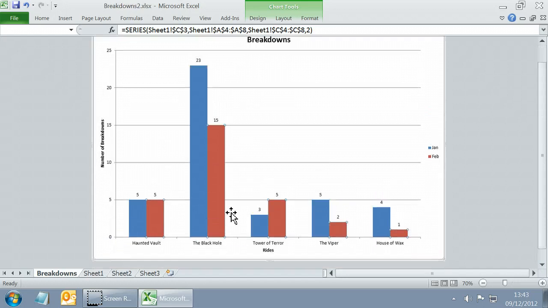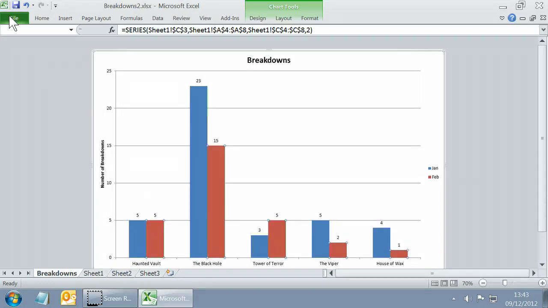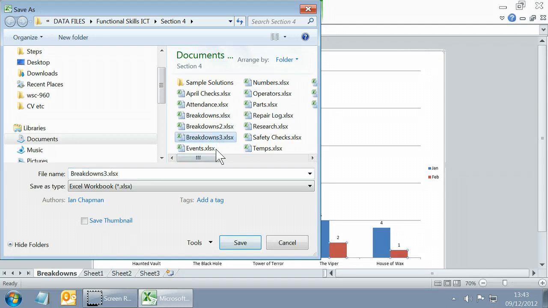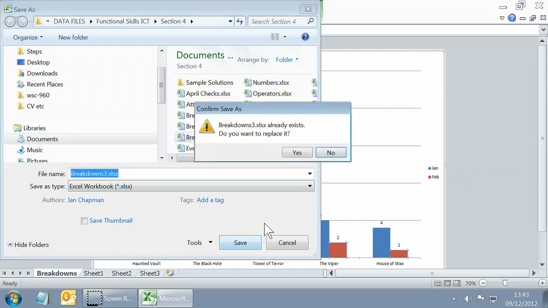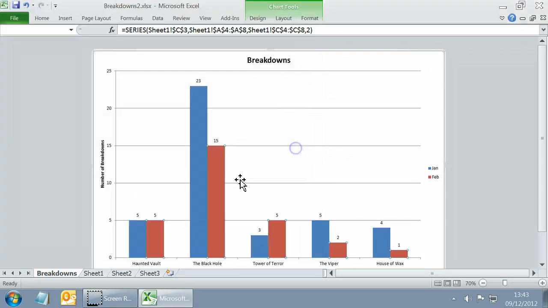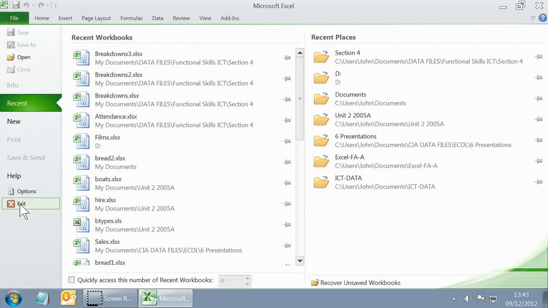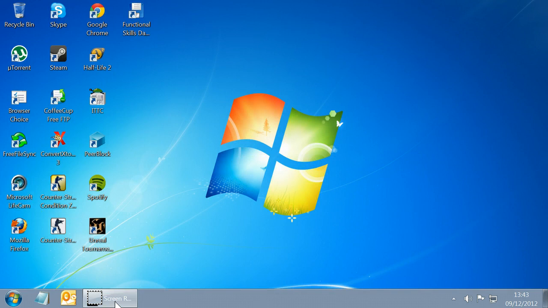That is good. So go to File, Save As, and call it Breakdowns 3. I've already got one saved. It already exists, so I'm going to save it. Thank you very much. Yeah, I'll close this down. Close the sheet. In fact, I'm pretty much finished with Excel for now, so I'm going to exit here. I've closed it down, and that's what we're going to follow over the